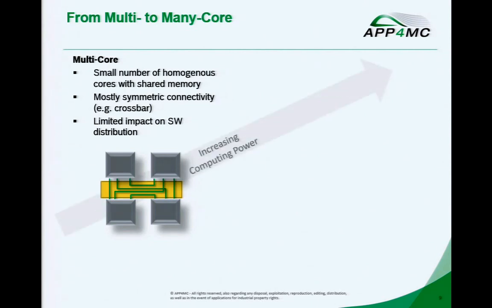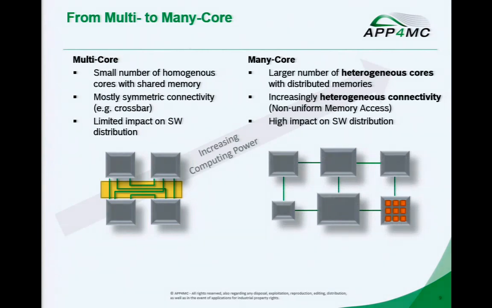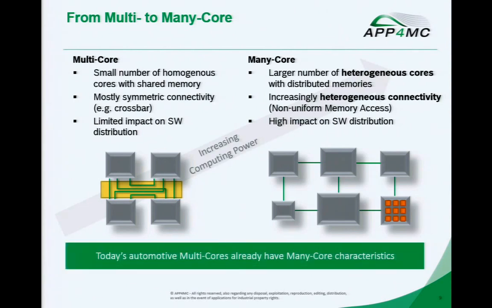If we now require additional computing power, it's necessary to come up with new structures. So kind of network on chip structures with different cores, different communication paths. That makes it even more difficult to place software on the right component and to decide where to communicate, where to place the data. And unfortunately, this is not a future topic. Many of the embedded devices already have structures like this.